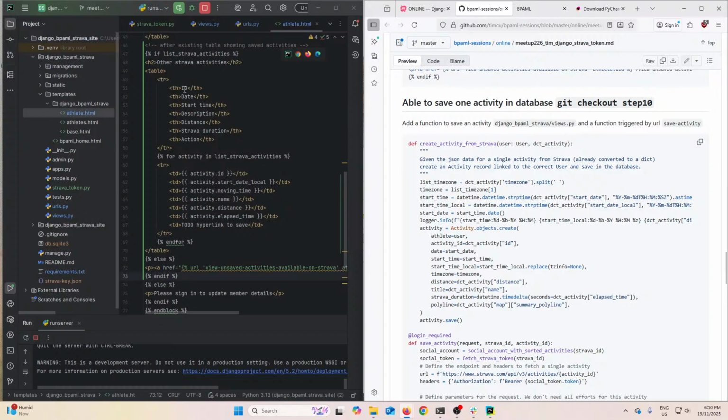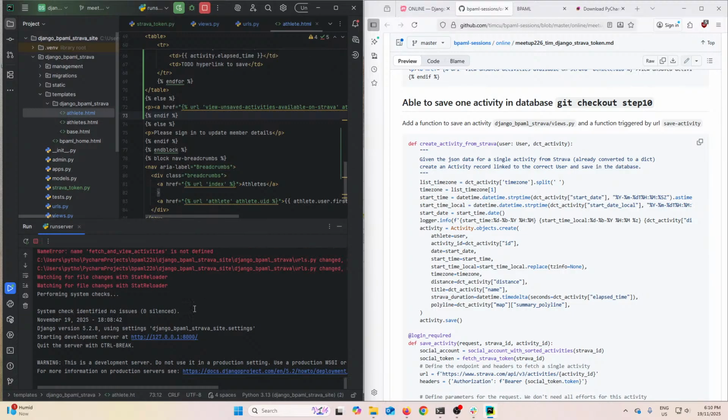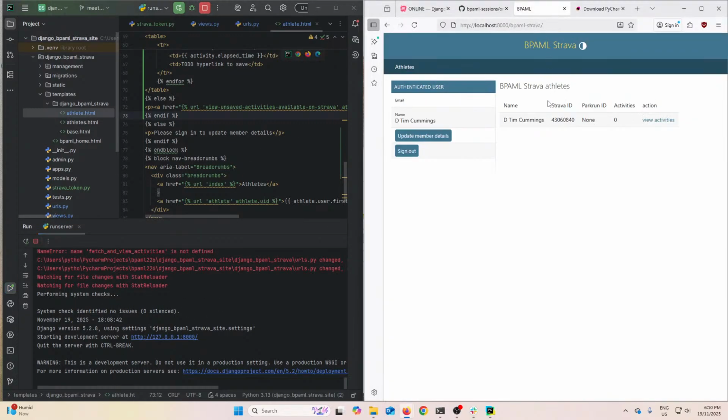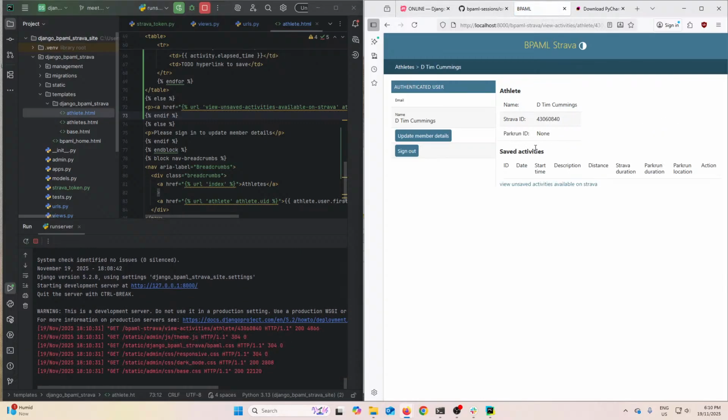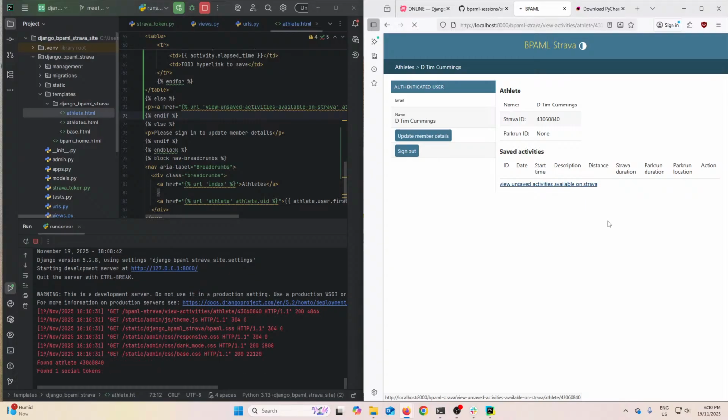All right, so let's try running that. Every time we make a change, Django will often just reload, so we don't even have to restart it, which is pretty clever. So let's go and view activities, see if that works. So we've now got this link here, view unsaved activities available on Strava. So if I click on that,